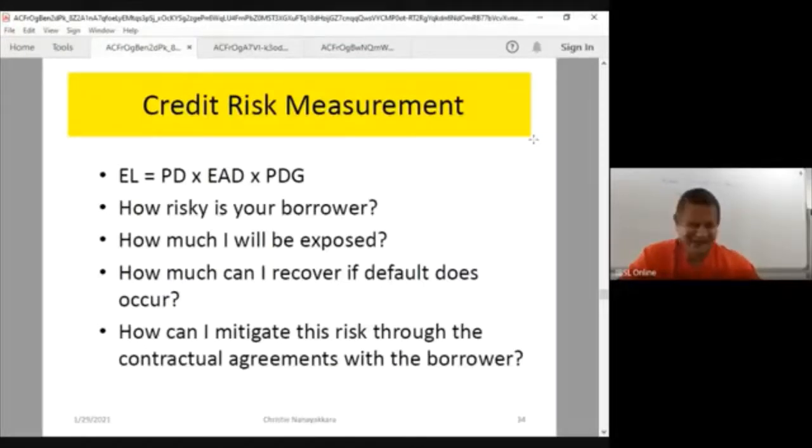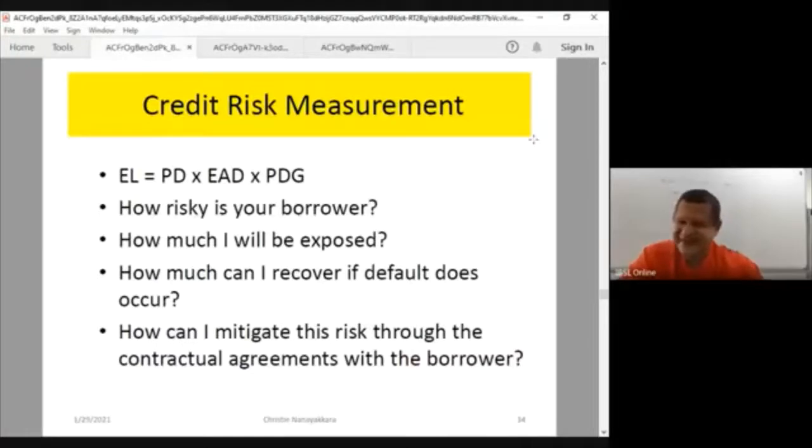So this particular exercise of calculation of expected loss will, to a certain extent, enable you to create an understanding of what type of risk mitigation you need to do, whether you need to take collateral, whether you need to take covenants, or you may need to enhance your pricing. That means you need to charge the customer more, the interest rate factor, all will be decided upon